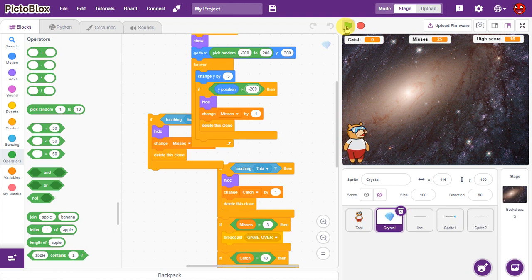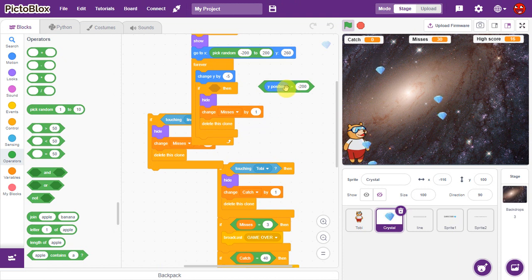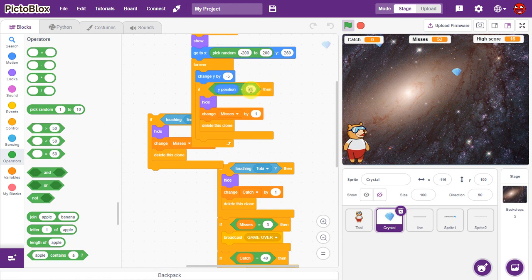It's just coming and just deleting. So now the concept, what I want to say, if Y position, so if you can see what I'm trying to say is different. So if I say minus 200 or equals to,